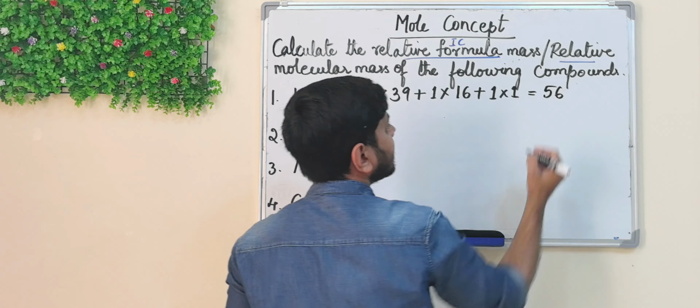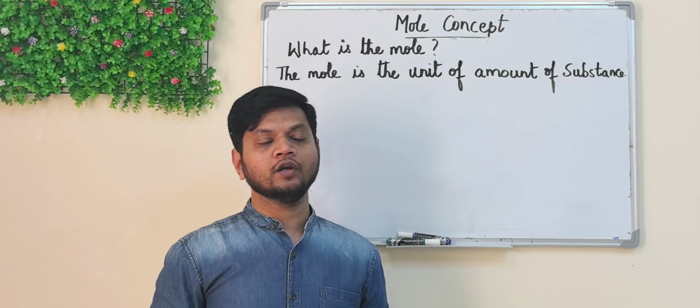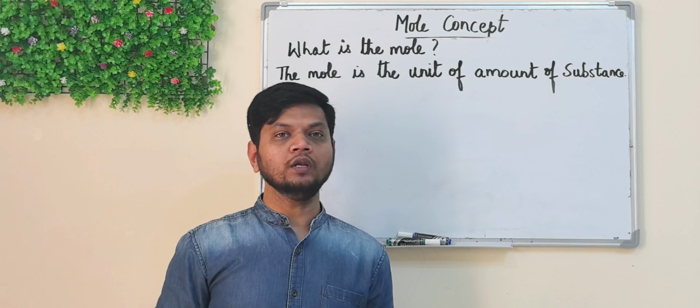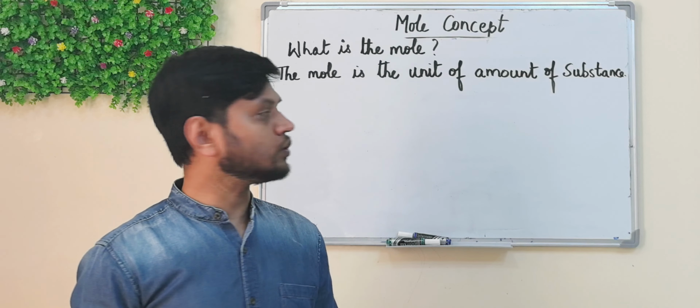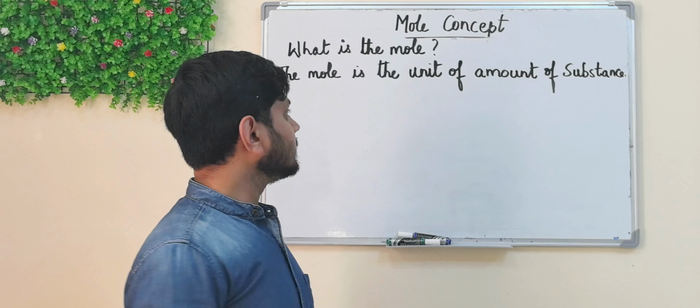Now let us understand what is mole. So mole is the unit of amount of substances. So here you have to understand that each mole has a unit in it. So the unit of mole is considered as mol, and if you take 1 mole of any substance, it can be hydrogen, oxygen, it can be a compound, an ionic compound or covalent compound, it will have